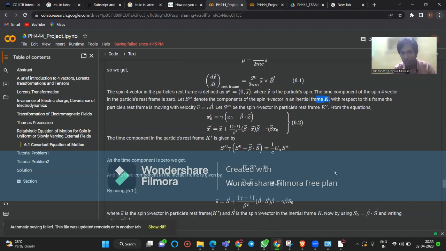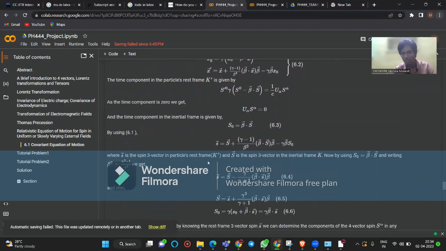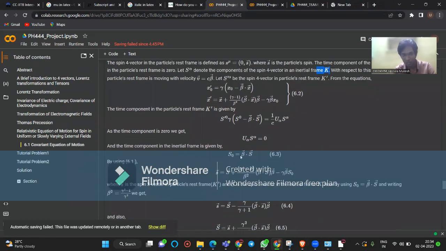We are writing the coordinates of a particle in that frame with respect to the inertial frame K. And these are the transformation equations, where the first component is the time component and the second is the spatial vector. So using these two equations,